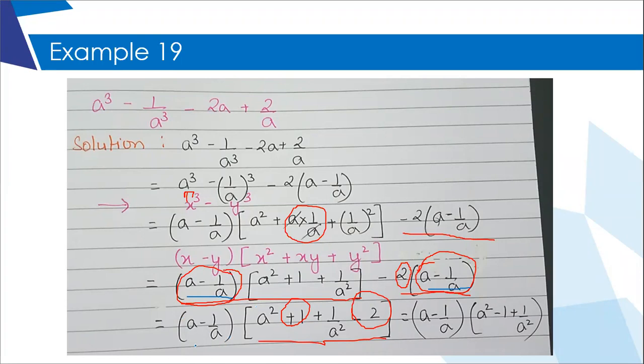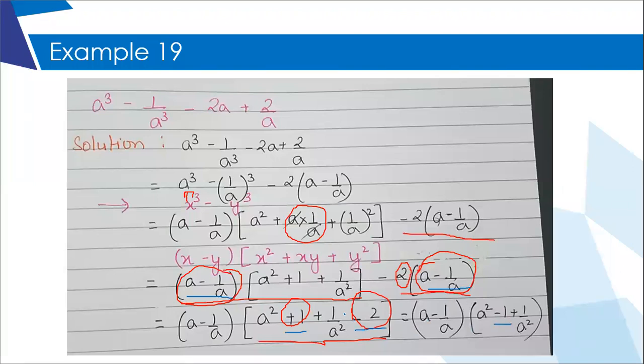Now you tell me what is left over in the first term. Yes, Girija. Plus 1 upon a square. And what is left over in the second term? Minus 2. So that is what I have written. Now when you do plus 1 and minus 2, what will you get? Plus 1 minus 2 is minus 1. So instead of these two parts, I have written minus 1 over here.